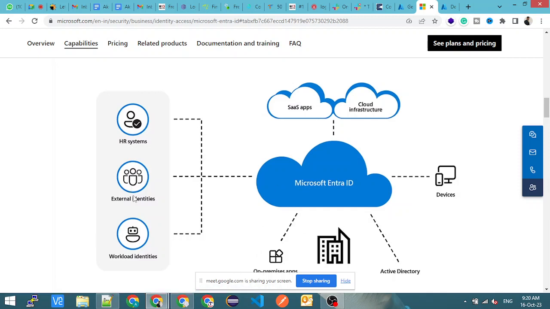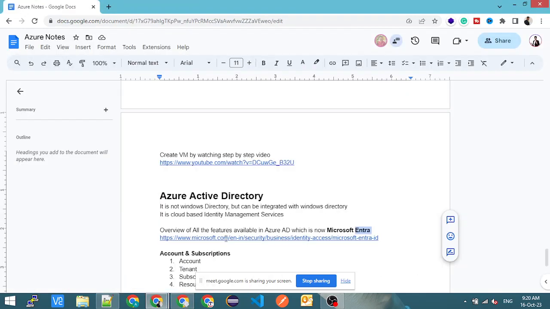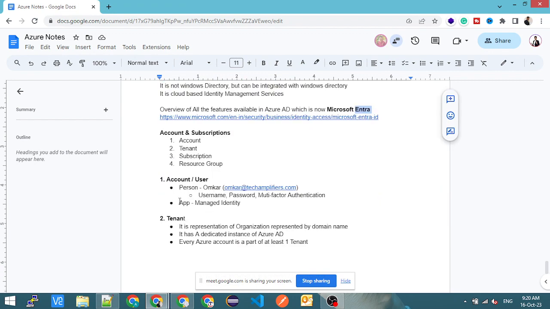But now this point I have mentioned in my notes as well. Okay, open. So basically, a person who is in my team, authentication will be with the help